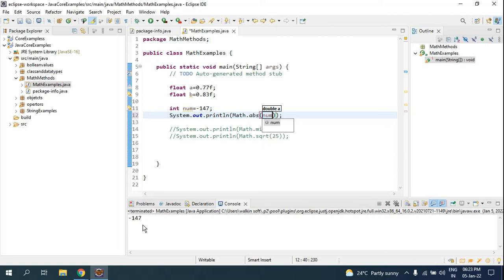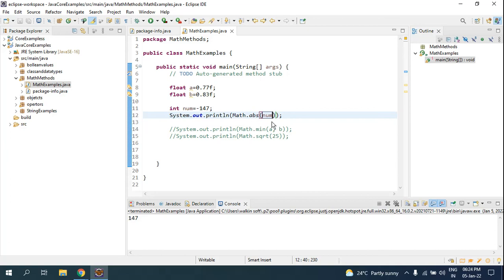Here if I initiate the number value and run it, you can see 147 and the minus value has been removed. So this is the method. You have input values, whatever numbers you are going to store, and you cannot check every time whether the input value is negative or positive. If you use this absolute method in your code, even if you get a negative number, it is converted into positive. So this is math.absolute.